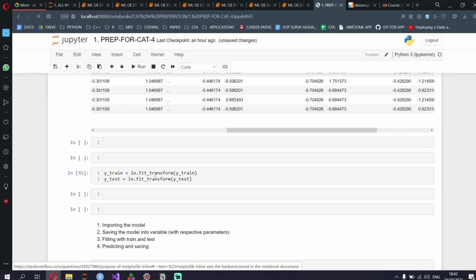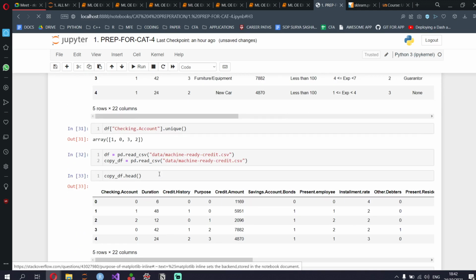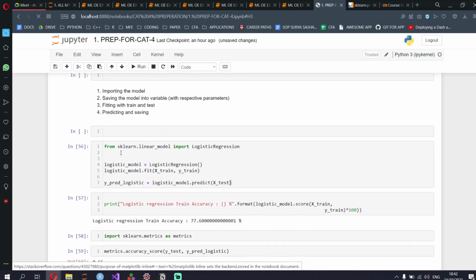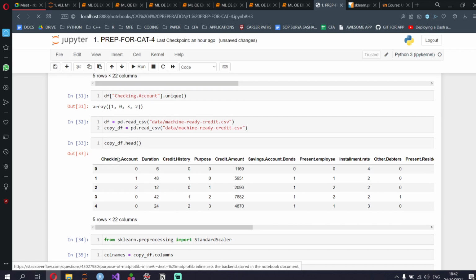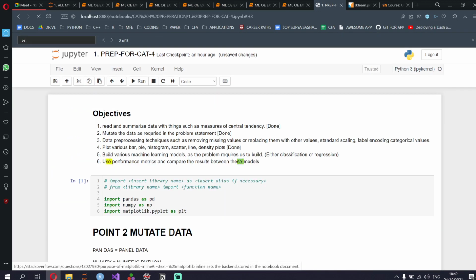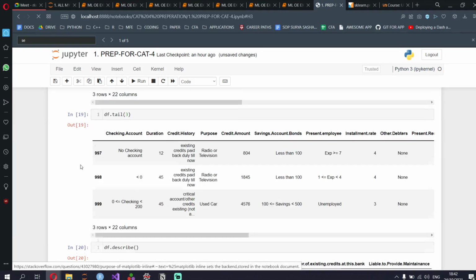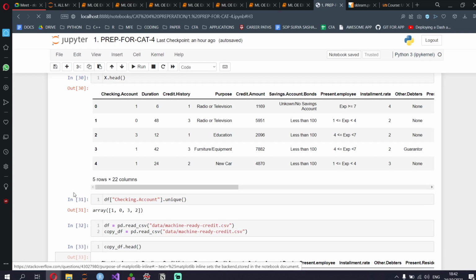Yeah, standard scalar, fit underscore wait, where is standard scalar, guys? I don't know, I think I deleted it. It's okay, I'll write it again. But for standard scalar also it's the same thing. I deleted that one kernel, I guess. So with respect to standard scalar also same thing.